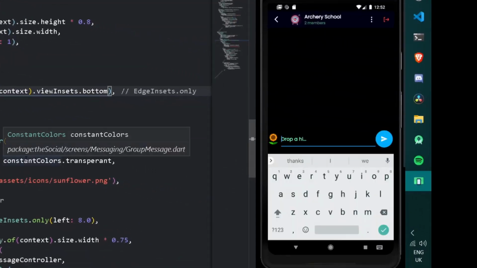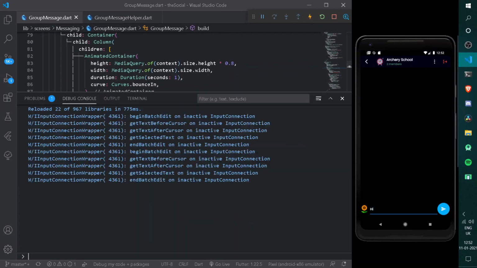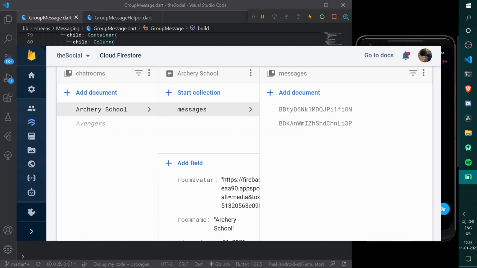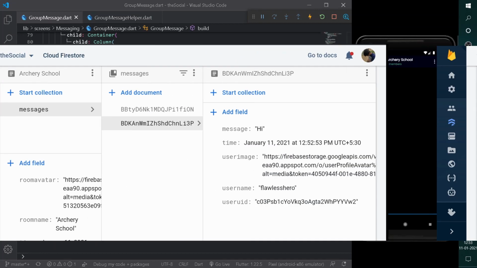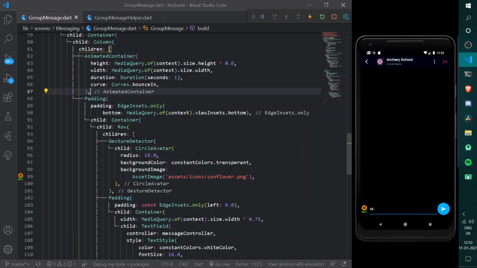So after opening this, let's try sending message of simply hi. So now after tapping over it, let's check our debug console whether we are getting any error. So if I simply send this, and now let's check our Firestore. So now under our Firestore, under a collection of archery school, here you can see we are getting a new collection of messages, and under this we have a message here of hi, congratulations, we have done a great job, we have successfully sent a message to our Firestore, and the following function of simply retrieving the message shall be of 1 hour itself.